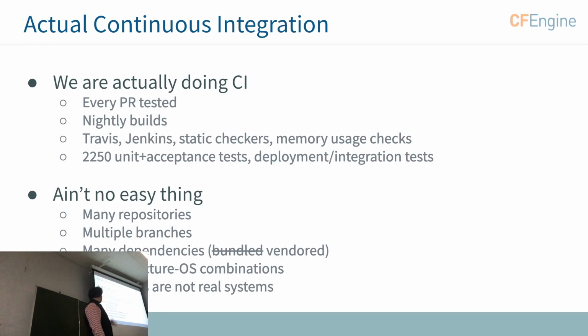But yeah, that's one of our problems. This is really not easy for us because we have many repositories. CFEngine is composed from many components, and we need to get them all together to run the tests. We have multiple branches. We have 3 LTS series supported, and then of course we want to run tests on master. We have many dependencies that we have to build, and